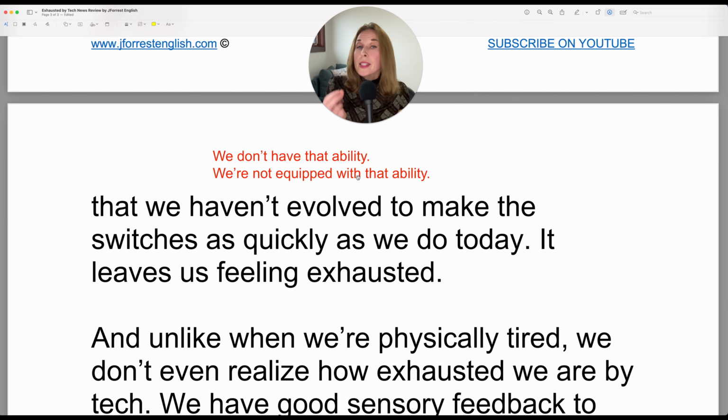And in my examples, of course, that ability means the ability to switch as quickly as we do. So I do switch. I'm on Loom, the software I'm using right now, and then I switch to something totally different, and then I switch to a home repair, and then I switch to something else. So we do those switches now. That's what it means by as quickly as we do today, because of how much we have on our plates. So notice this as, and then quickly as. So as quickly as. You need the double as.